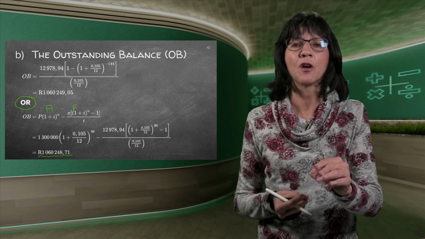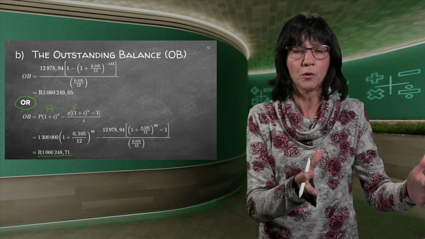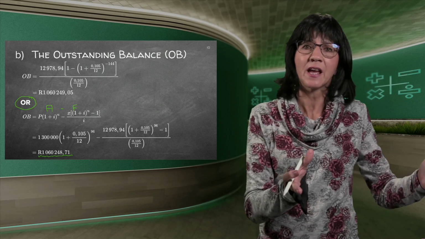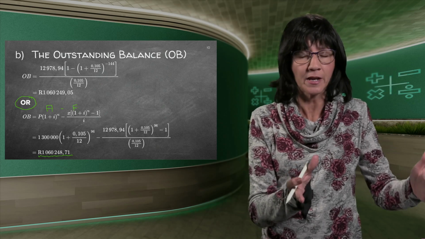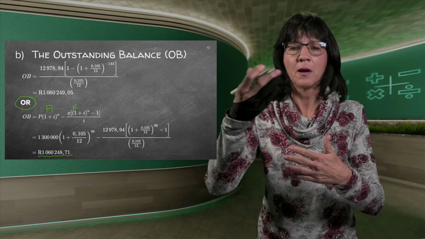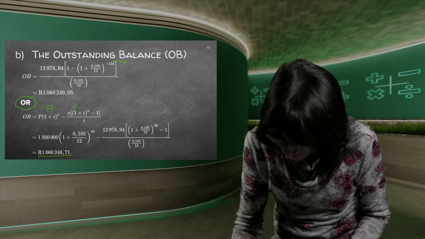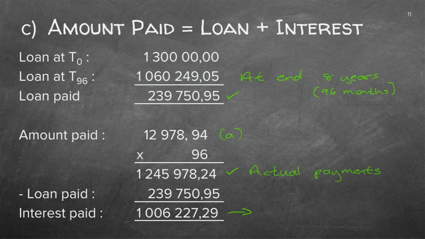The second method works on the beginning period. 8 years, what is the value of the loan? What is it worth? Minus, what are the payments you made in 8 years? And remember, the payments you made is like a future value. What is the future value at the end of 8 years of the payments you made? That's why you use the F formula. And if you subtract the two, you get the difference. If you just use the first method, it's the minus N, which represents the outstanding period. So it's your choice which method you're going to use, but as I say, they're both easy.